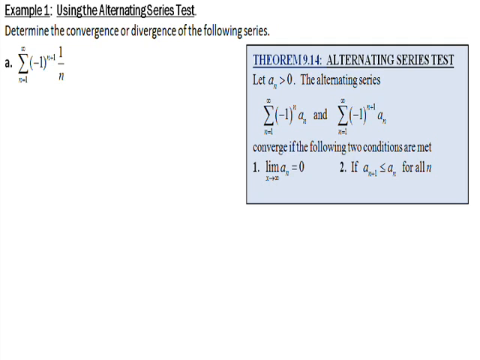But it's pretty much going to be obvious that you're dealing with an alternating series because you're going to see this negative 1 raised to the n power component in your summation expression, or perhaps you could see a negative 1 to the n plus 1 component. Now, I wouldn't start worrying about the difference between the two. They really don't have a big difference, other than the fact that in the case of the first one here,